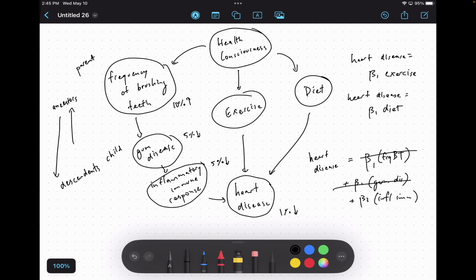So 1% goes down, 1% goes down, or 5 to 5. What's the relationship between gum disease and heart disease? 5% goes down, 1% goes down. And then what's the relationship between frequency and this? 10% up, 5% down. And then what's the relationship between here and here? 10% up, 1% down. So